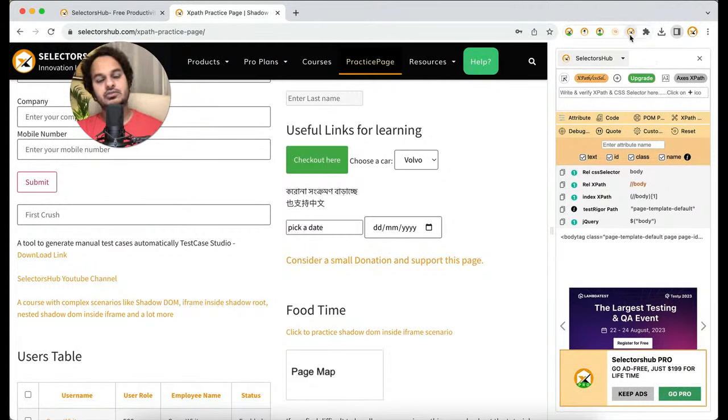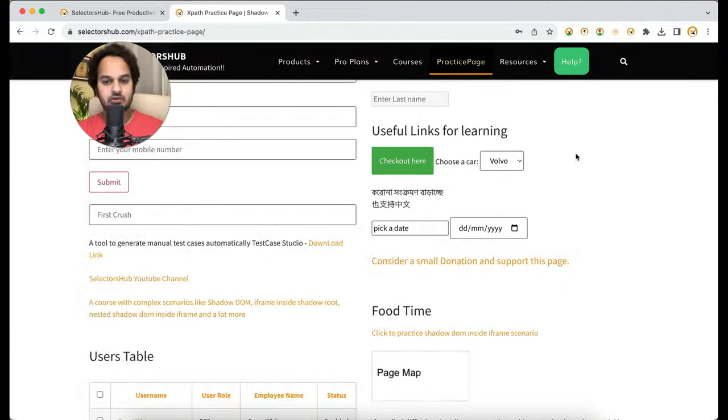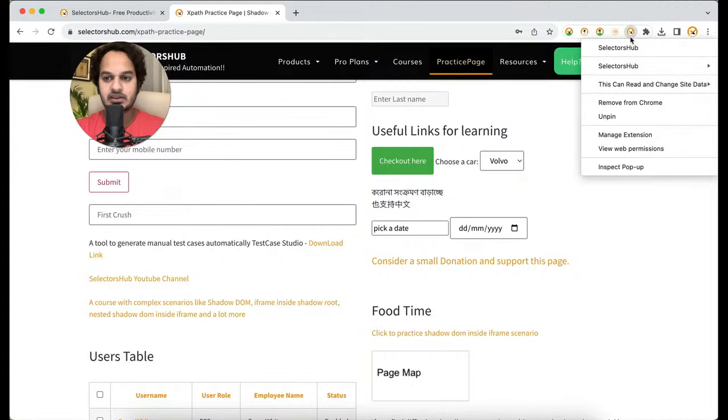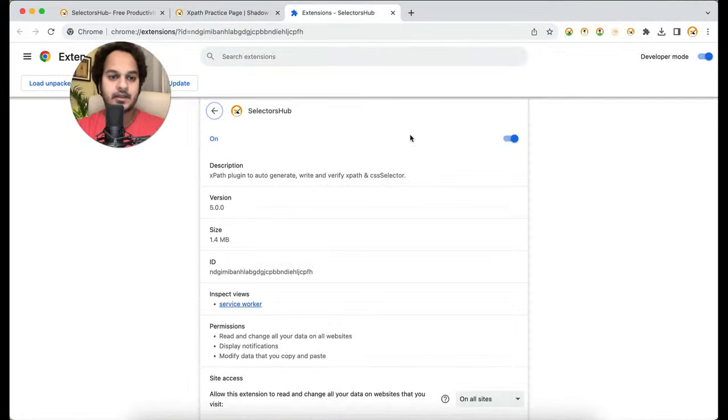Now you can also open SelectorSub through a keyboard shortcut as well. So how can you do that? You can press Command Shift S if you are on Mac. If you are on Windows, then Control Shift S. There could be a chance that it might not work, like Command Shift S might not work. So in that case, what you have to do, right click on the logo, click on Manage Extension,